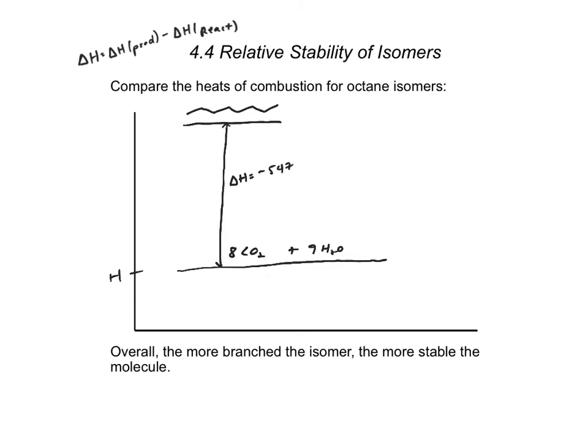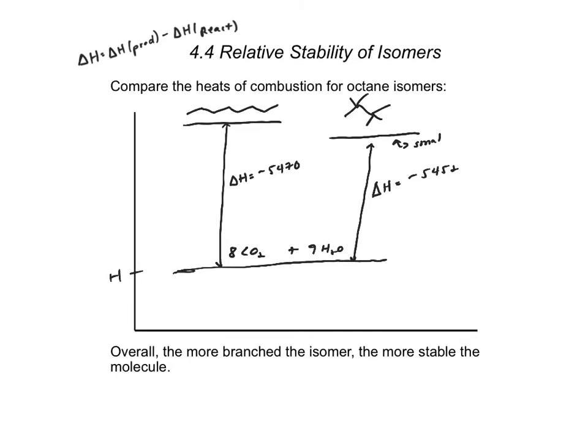5,470, right? Comparing that, knowing again that the products are the exact same energy level, to our branched octane, because this delta H was smaller, right? It was slightly smaller. It was minus 5,452 kilojoules. That tells us, since again the products are the exact same, that these guys lie at a little